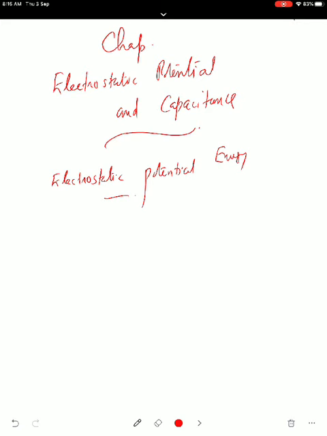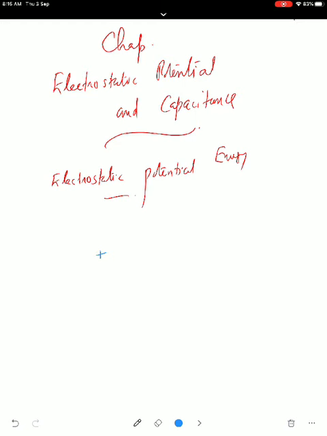Actually, the difference. So if there is a field, whether it is a gravitational field or electric field, corresponding to any point there will be a potential energy. So to move a body from the surface of the earth to a certain height, work has to be done. That work done will be stored as what? Potential energy. In fact, it is change in potential energy. Same kind of situation here also. Instead of gravitational field, we take an electrostatic field.